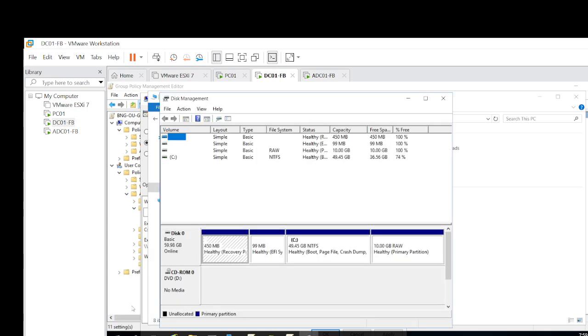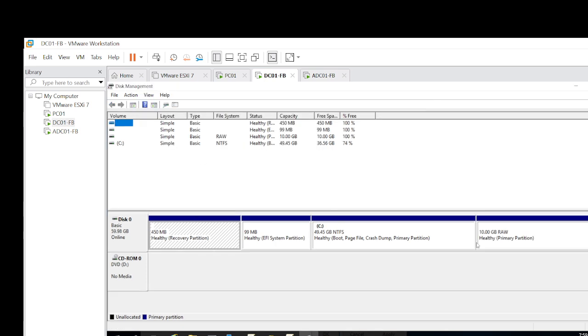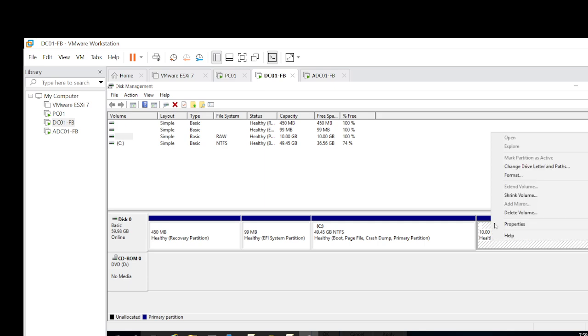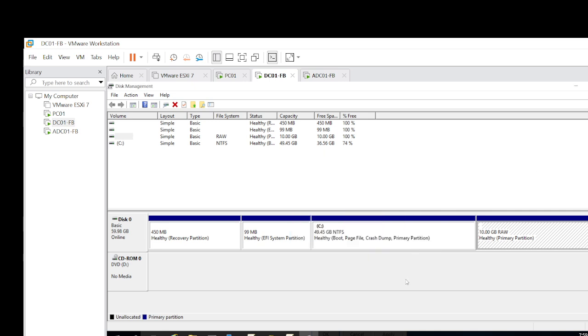diskmgmt.msc, because normally we create two drives, C and D drive. See, D drive is there, 10 GB, but it is not renamed anything. So right click and change the drive letter. Normally when we create a computer, we will give a 60 GB drive. Out of 60 GB, 50 GB is used for C drive, another 10 GB is